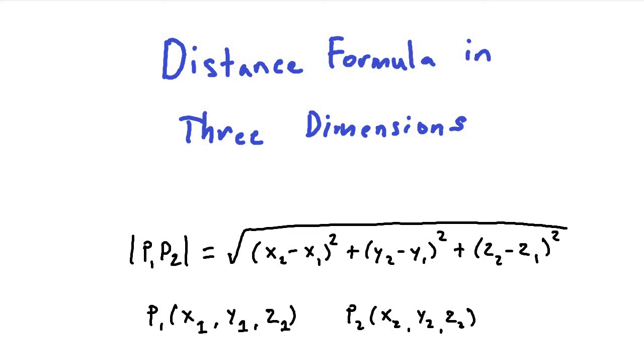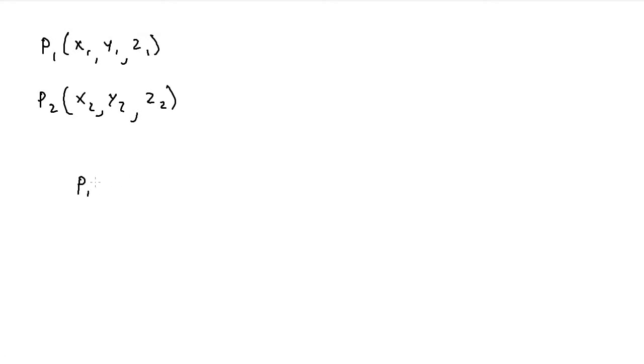So let's take a look at the distance formula in 3 dimensions. So let's say we have 2 points. The first one is P1 or point 1 and the second one is P2 or point 2. So P1 has the coordinates x1, y1, z1 in the 3rd dimension, and then P2 has the coordinates x2, y2, z2 in the 3rd dimension. So in order to calculate the distance between P1 and P2, or the 2 points, it is going to be equal